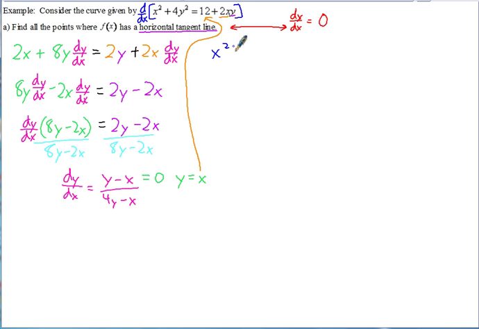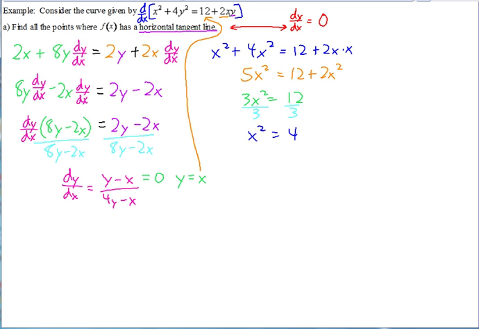So that'll give me x squared plus, instead of y, 4x squared equals 12 plus 2x times, instead of y, another x. And now let's simplify this and solve it for x. So x squared plus 4x squared is 5x squared. Equals 12 plus 2x times x is 2x squared. Then if you subtract over the 2x squared, you get 3x squared equals 12. Divide by the 3. So x squared equals 4. And take the square root of both sides. You get x equals,